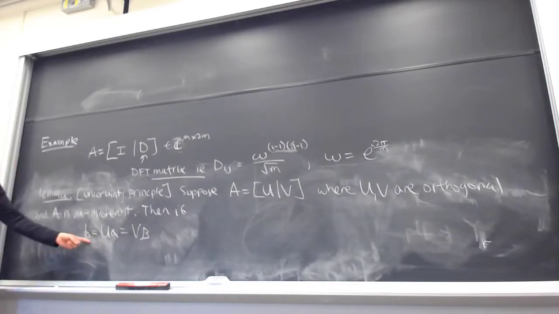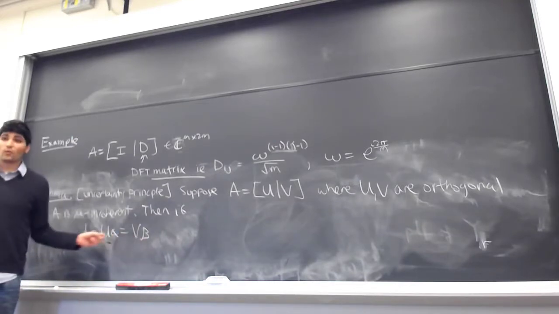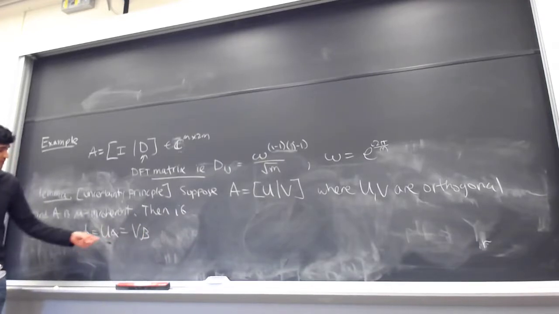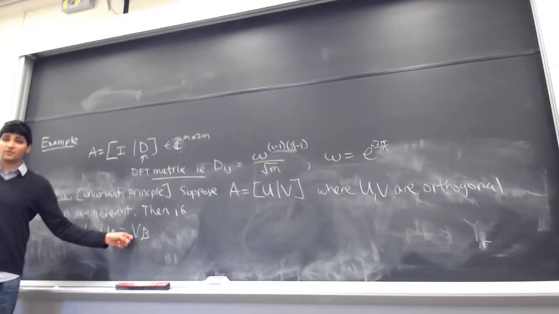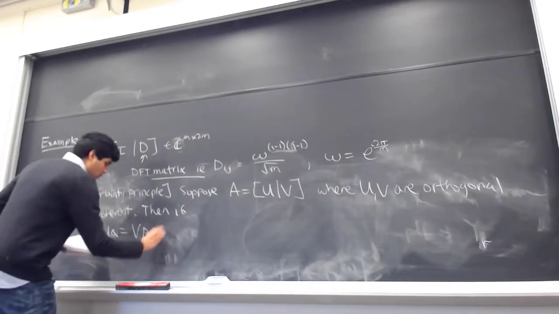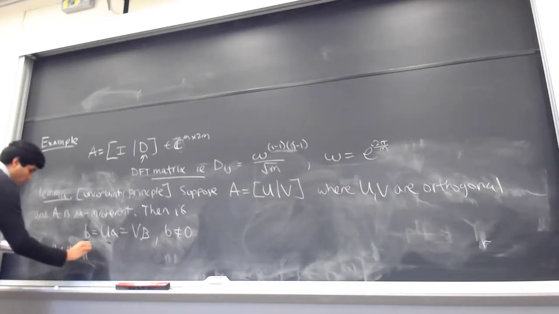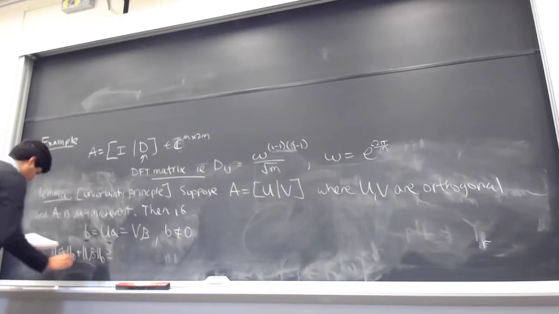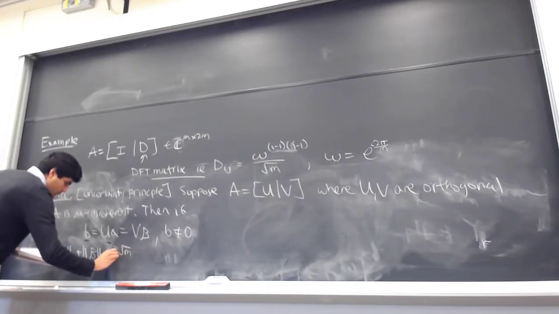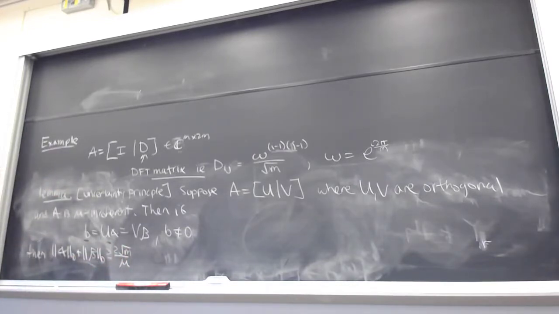is that if we represent some vector b as its different representations in these bases, so we represent it as alpha times U or beta times V, and b is non-zero, then we can actually lower bound the number of non-zeros in this representation. So that's the key lemma, is that actually if you have two different bases and they're uncorrelated with each other